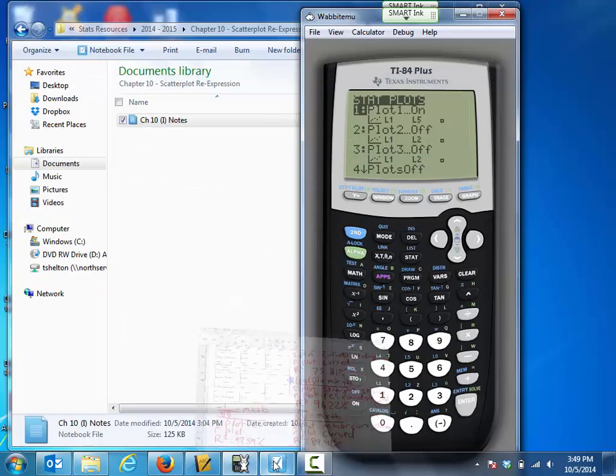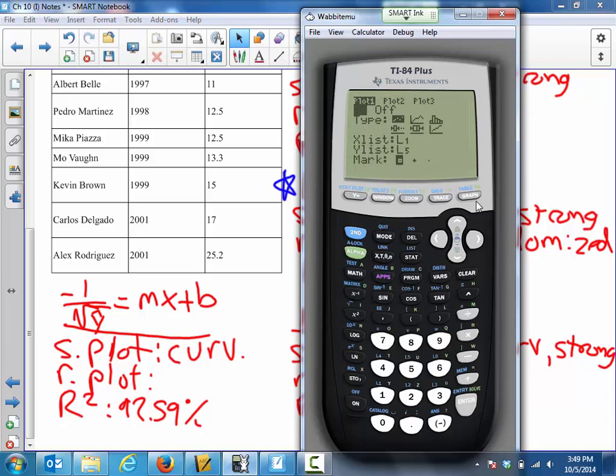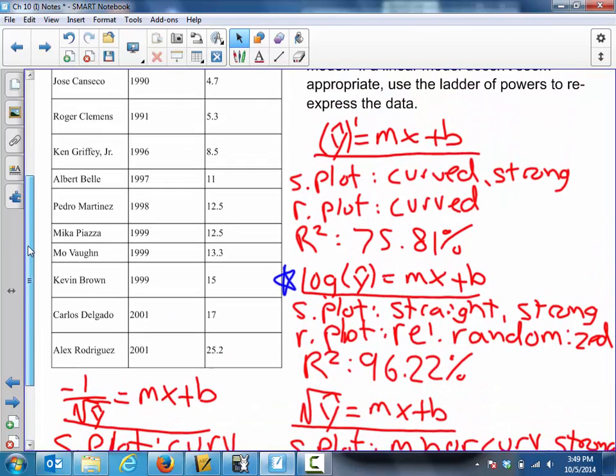The residuals plot, going back to stat plot. Why is this beeping at me? Oh, okay, I don't know. We'll use a residual list for our Y variable. Hit enter on that. Zoom stat. We've got, again, that downward curvature. Okay, so